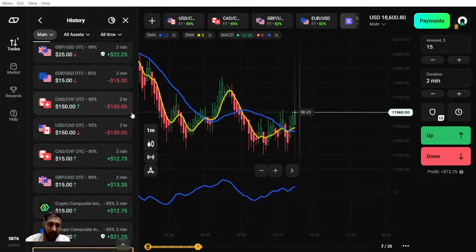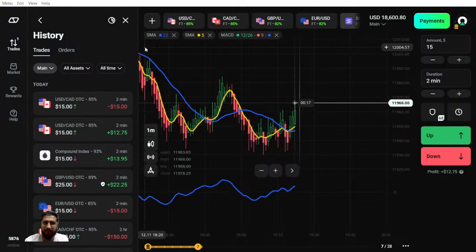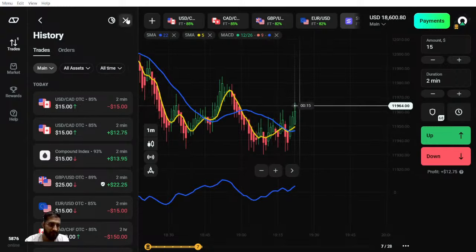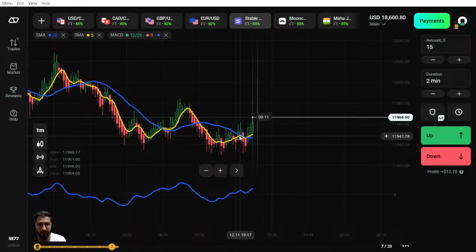So 3 trades were negative, 1 was due to our mistake. So we will consider that out of 9, 7 trades were positive and only 2 trades were negative. So the strategy was working quite fine so far, but I will not be recommending that you directly take it to your live account. Just make sure you spend enough time exploring this strategy.